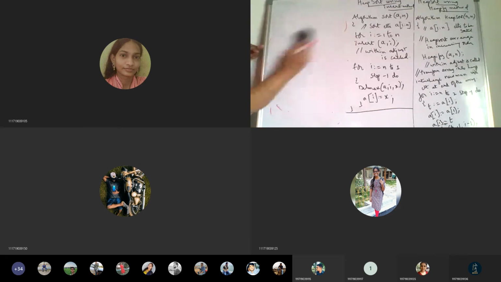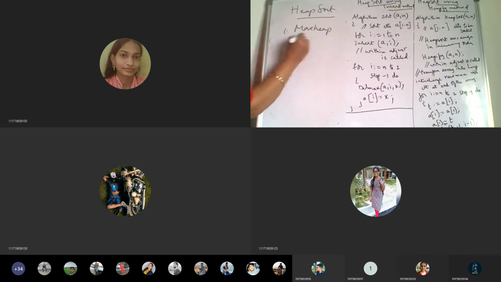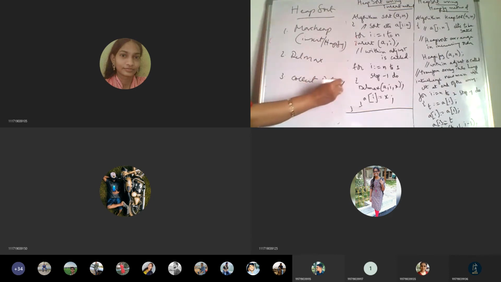So let's see the algorithm for heap sort. The same procedure for heap sort, you remember these points. Again the same points we are going to see here. Heap sort. First we have to consider a max heap, either using the insert method or the heapify method. Okay, after that you have to delete max and store the deleted element into an array A of i, and finally in A of i whatever you are getting will be the heap sort.